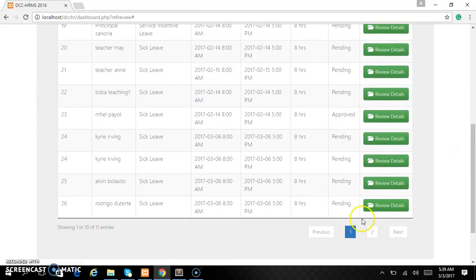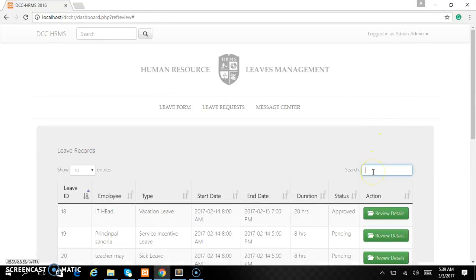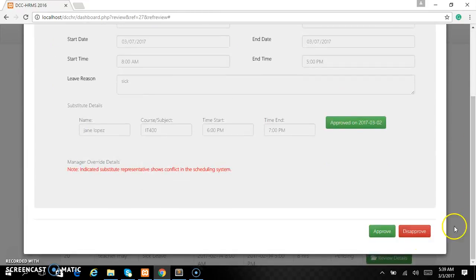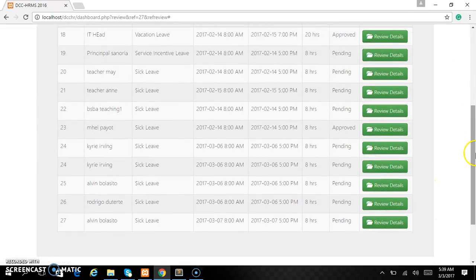So we don't need to approve this application, but if the president wants to approve this, it's okay. So for example, if you want to approve, then click approve. So that is already approved.